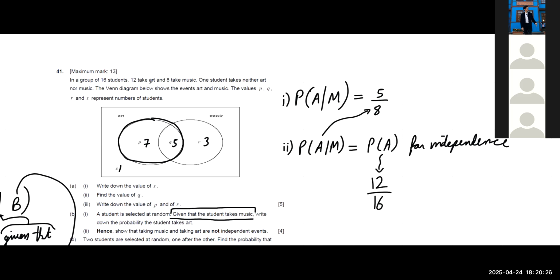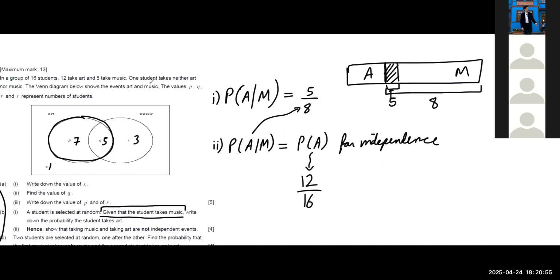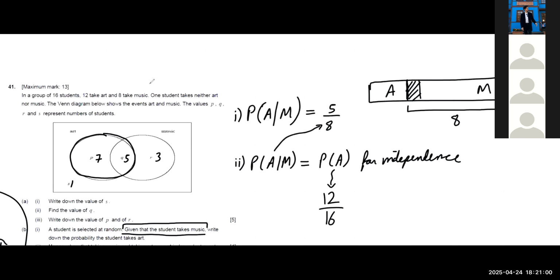Yeah. So there was a group of 16 people. Some people take art only, some people take music, some people take both. Okay? So I picked a person out of this section. There are some people that take both, and some people that take music only. Out of all of these people, which are 8 by the way, there are 8 people that take music. Out of 8, only 5 of them take art also. You see? So basically, when I say given that this person takes music, I'm not talking about the whole